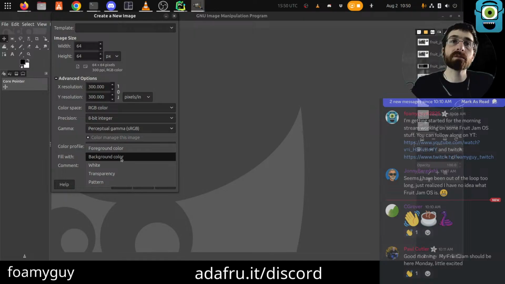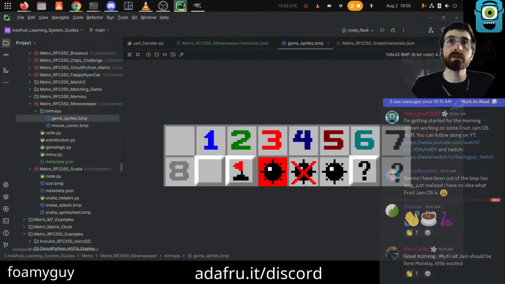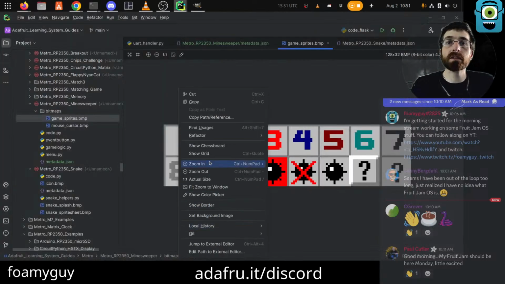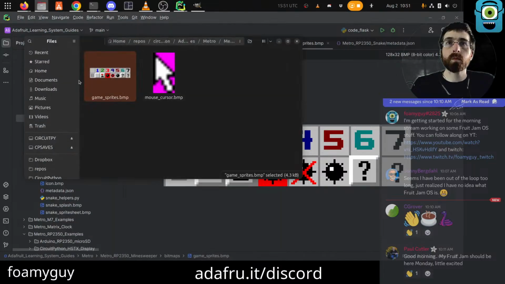Background, I think we do sort of grayish. Be kind of like the tiles on the game, right? In fact, if we wanted, we could get the exact same gray. Nope.